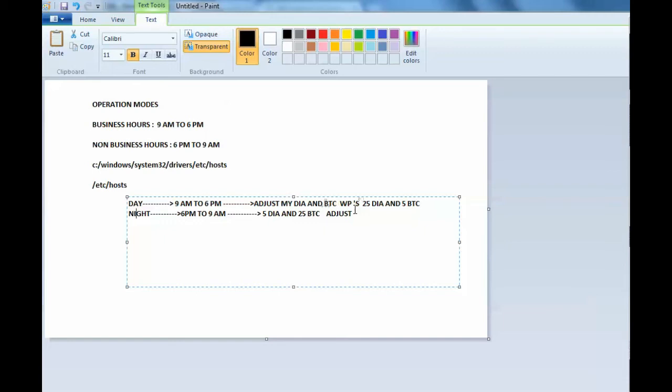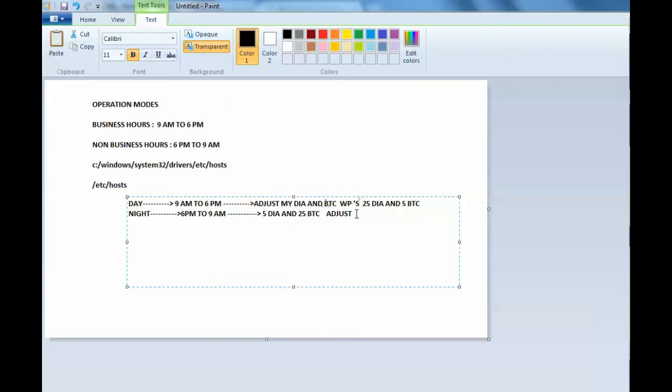So we need to adjust based on your requirement. Only two are the main thing: dialog and background are all we require. So we need to adjust those work processes based on our time frames. Create an operation mode, assign a time frame, and adjust your work processes.